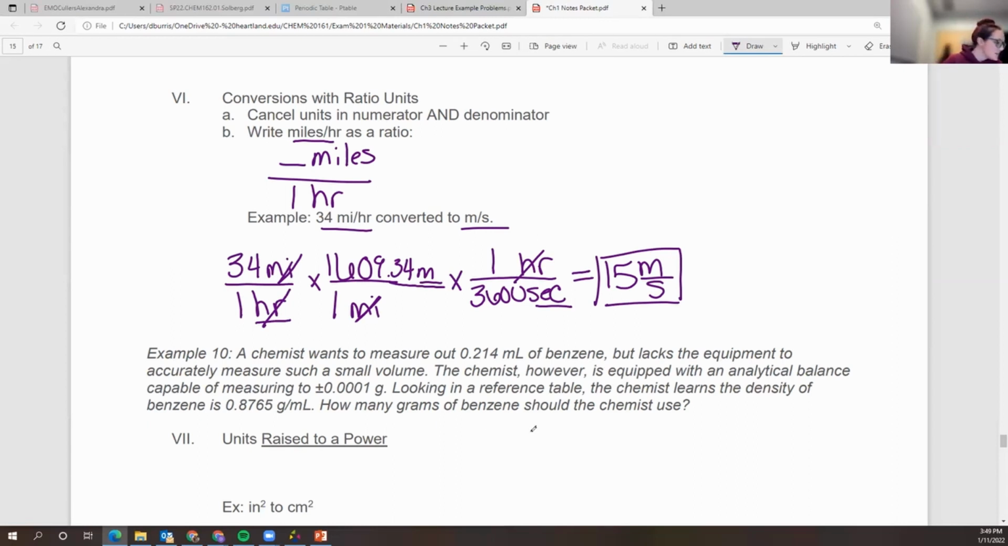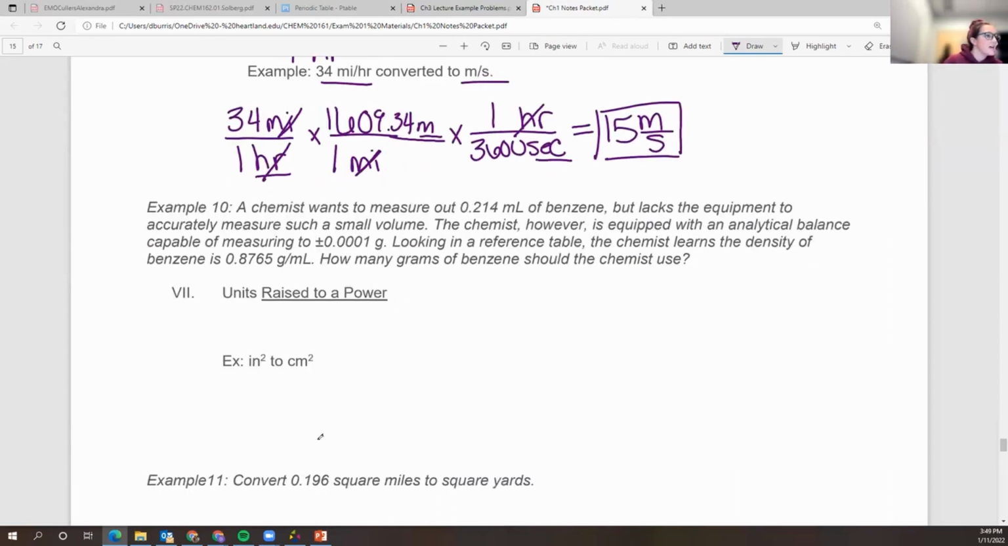All right, let's see. Example number 10. A chemist wants to measure out 0.214 milliliters of benzene, but lacks the equipment to accurately measure such a small volume. The chemist, however, is equipped with an analytical balance capable of measuring 2.001 grams. Looking in a reference table, the chemist learns the density of benzene is this. How many grams of benzene should the chemist use? Okay, well,